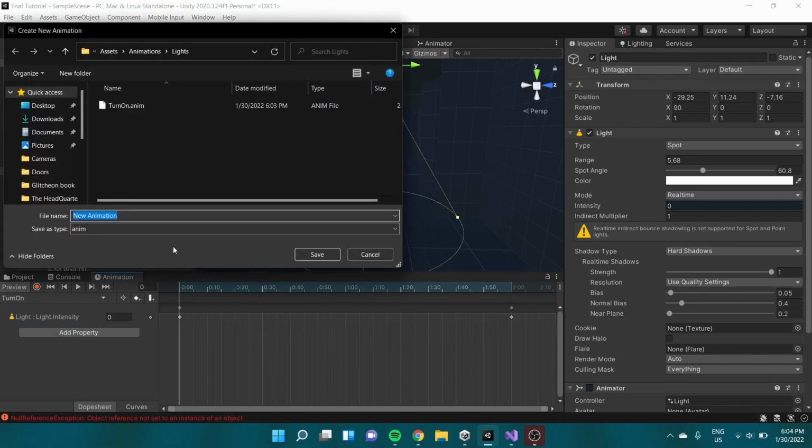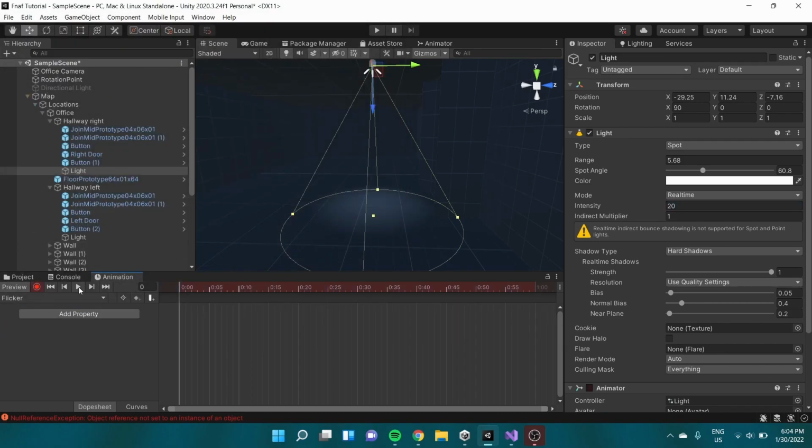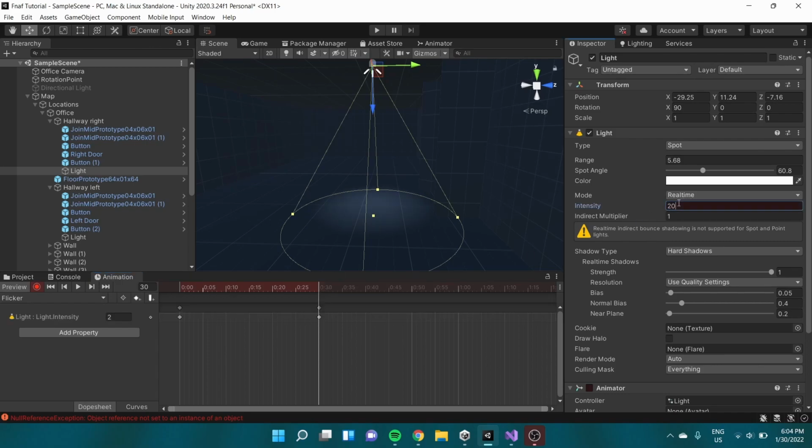Now we're going to make a flicker animation. So maybe after 30 seconds, we're going to set it to 20. Over here it's 40 as it is, so it's like this, and then instant, and then maybe after a while put it back to 40. Let's see how it looks. Wait, and this works best if, yeah, like that. Maybe spread it out, maybe like this. Let's see. Yeah,